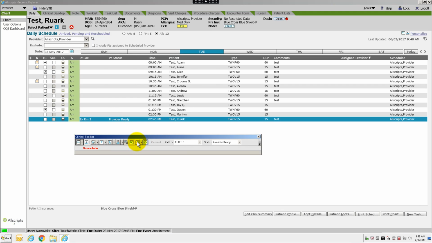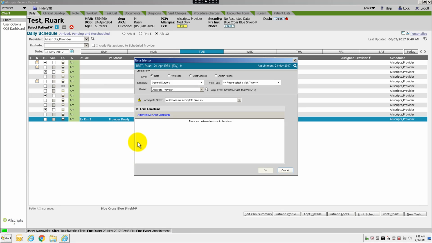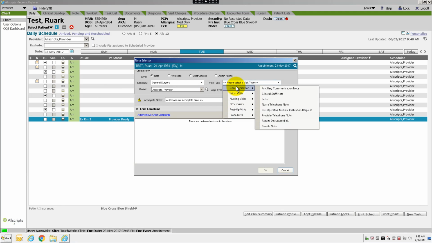Go to the note authoring. Remember, if you forget what these items mean, just hover on them, and you'll get the feedback about what these are. So when you go to the note selector, you've got the V11 note type all the way to the left, for the style, general surgery specialty, who's going to be the owner of the note, and then the main visit types. Just spend some time looking into these different categories of notes, from the different kinds of communication notes to